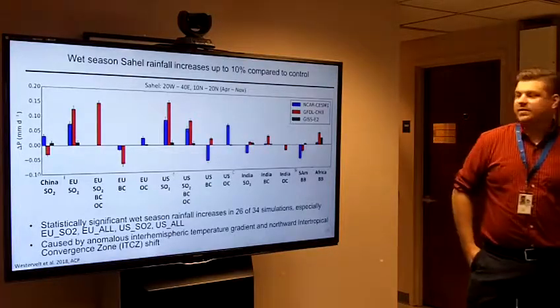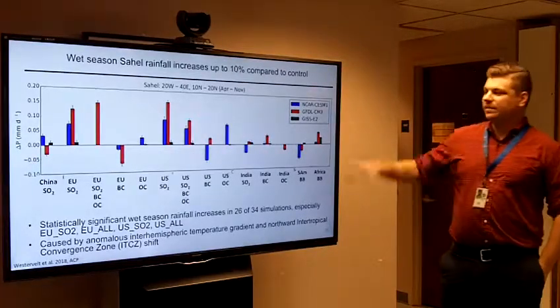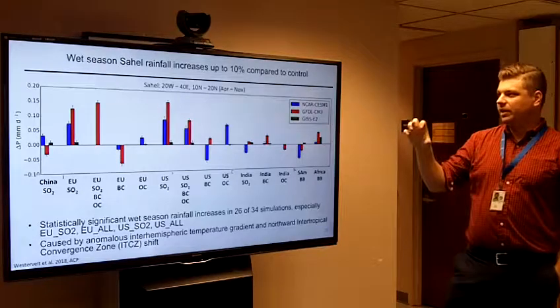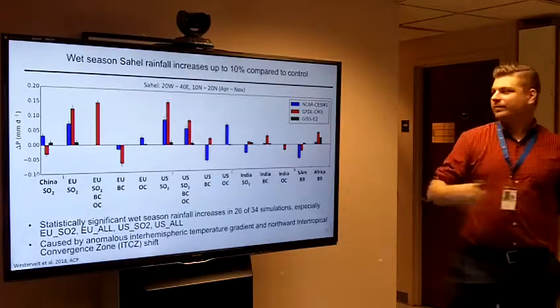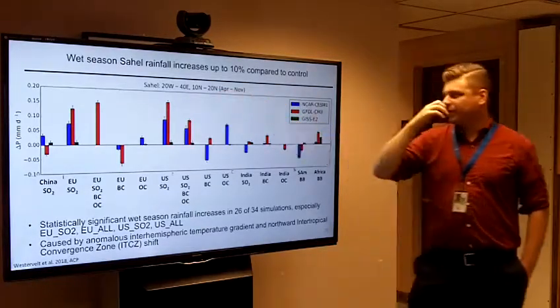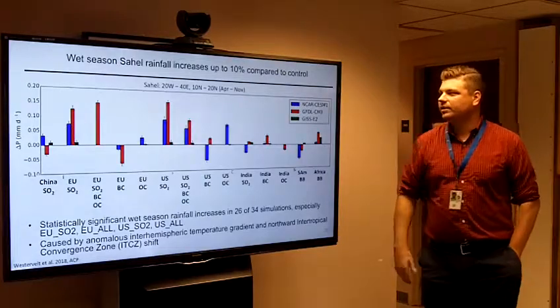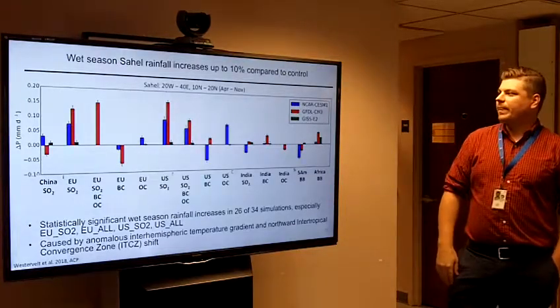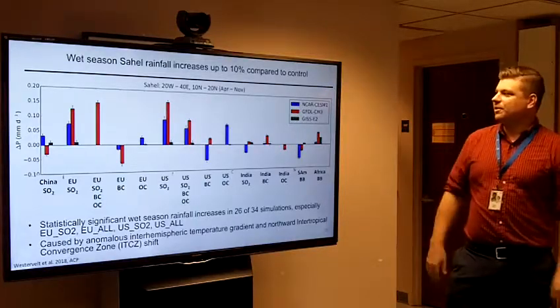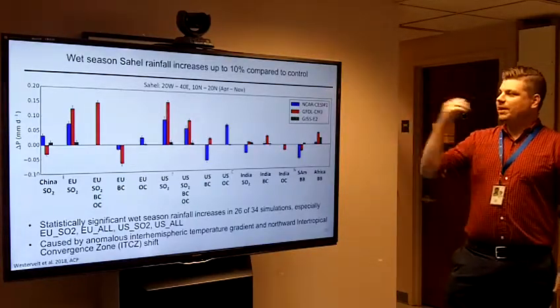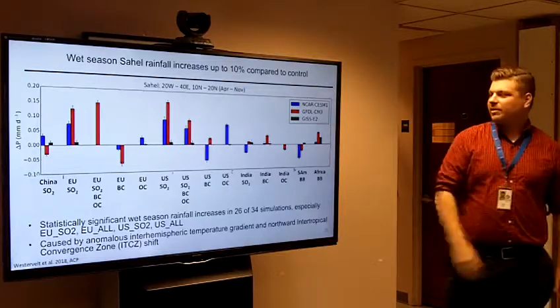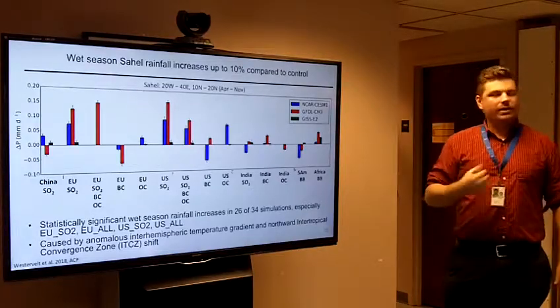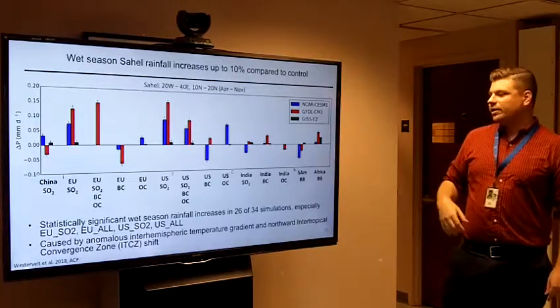So I mentioned the Sahel a few slides ago. So the same kind of plot here, but zooming in and averaging over the Sahel, defined by these coordinates, and specifically over the wet season, or roughly the wet season, April to November, kind of expanding the wet season a little bit there. But the rainfall increases about 10% compared to the control in a lot of the different simulations that we did. So for example,